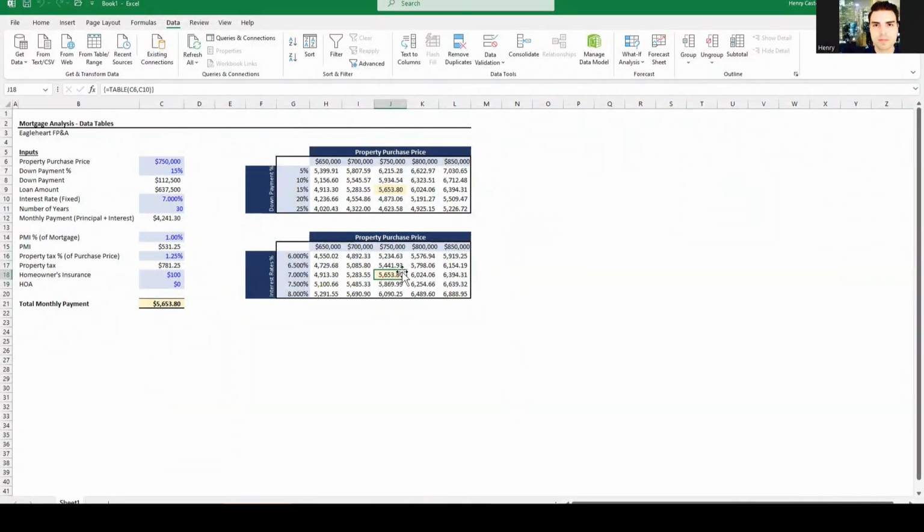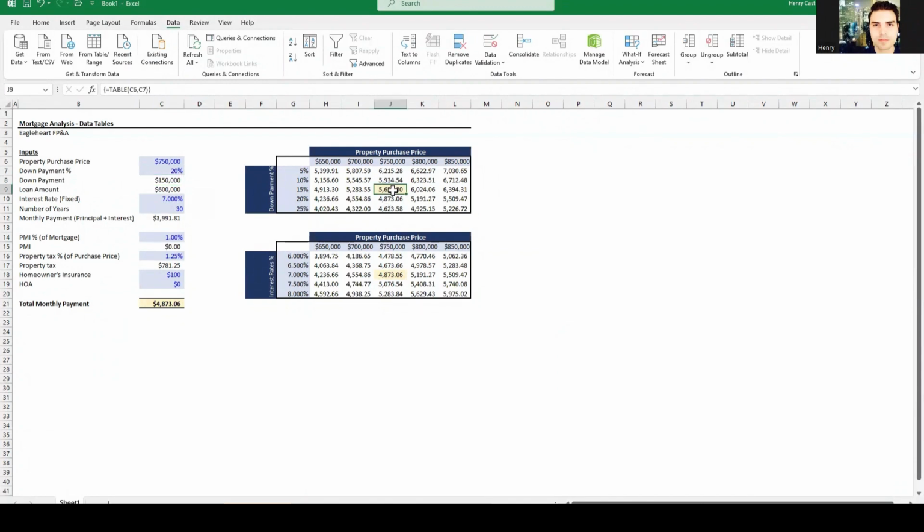So this is great. You can quickly see what you can afford. You can see how the monthly mortgage payment can vary drastically depending on these inputs. Now, of course, here in this table, this all assumes a down payment of 15%. But let's say you're able to come up with 20%, which would be amazing. So let's put down 20%. And these data tables automatically update, automatically calculate. And now you can see that your budget,